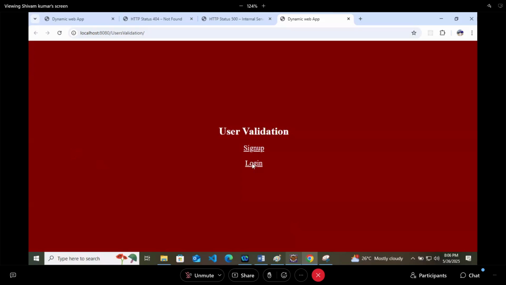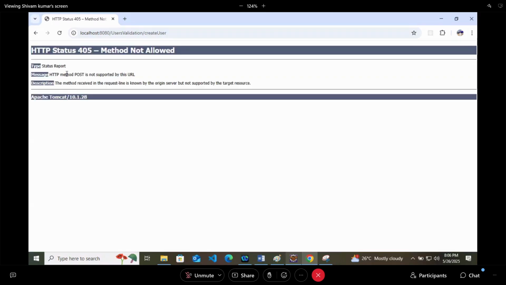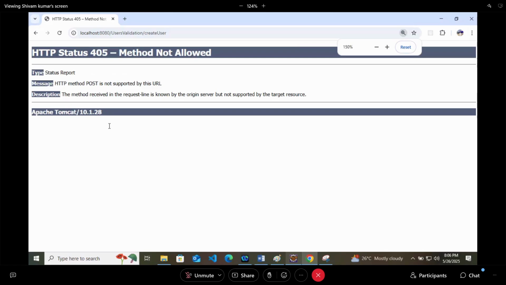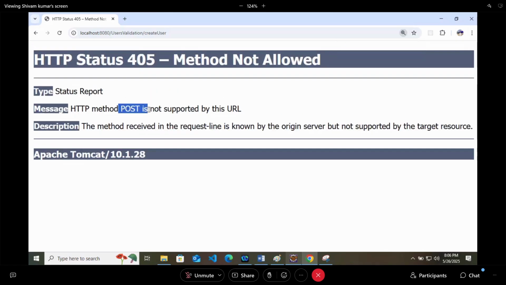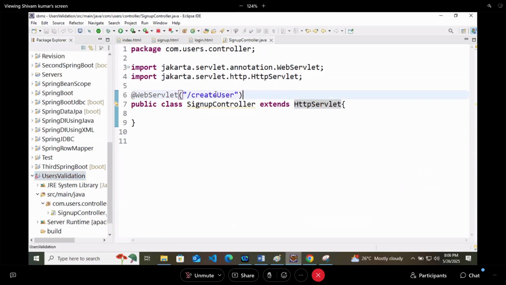So we will again go to sign up and press the submit button. This time the error is removed. Another error is there: HTTP method post is not supported by this URL. Now it is telling us that okay, your class is accepting our request, fine. Your class is a servlet also, fine, but it is not accepting the data, meaning posting the data to this is not valid. So here in the next step, that is your step 8,